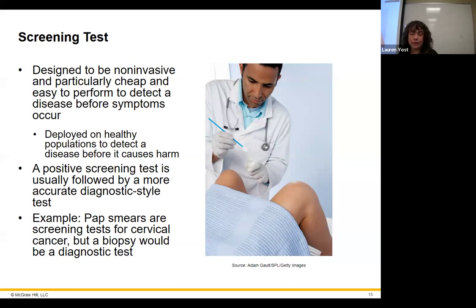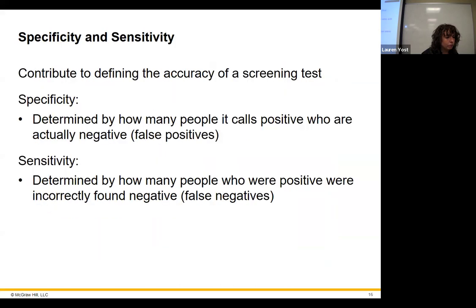But the good example that they have here: a pap smear would be considered a screening test. They give a brushing of the cervix. It's not super comfortable, but that's all it is. If there's something unusual with that, it's not going to tell you too much about the details of what's going on with that individual. So they'll call them in for a biopsy. You usually start with a colposcopy, which is a little pinch of the flesh, and then send that in for pathology. So that's going to be more invasive, and it's a lot more painful to get the biopsy done, even with the little numbing gel they put on you.